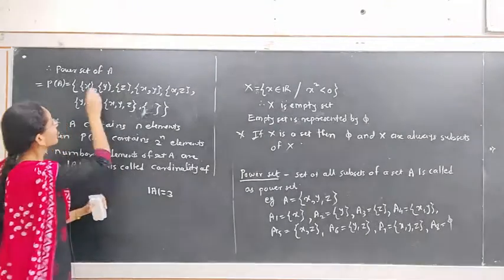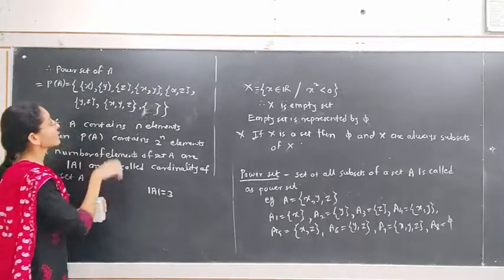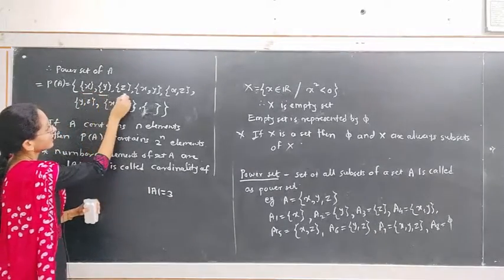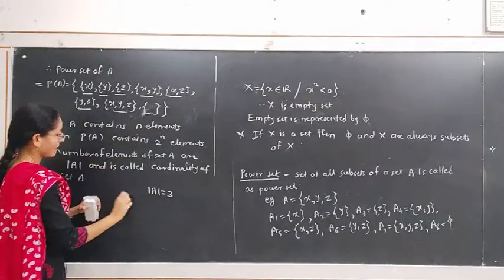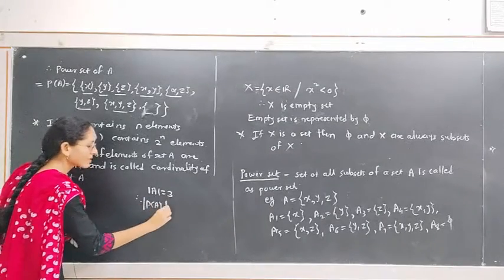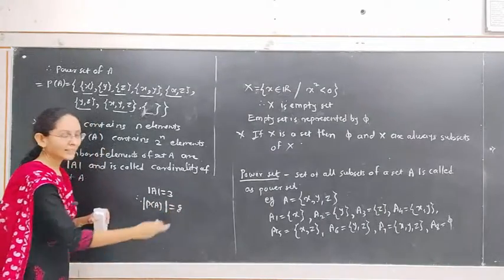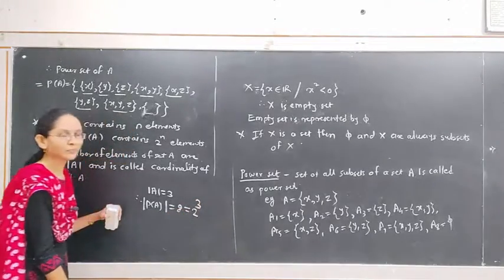Now, the elements of the power set of A are in the form of sets: first element, second, third, fourth, 5, 6, 7 and 8. Hence, the power set of A contains 8 elements, and that is obtained by taking 2 to the power 3 because